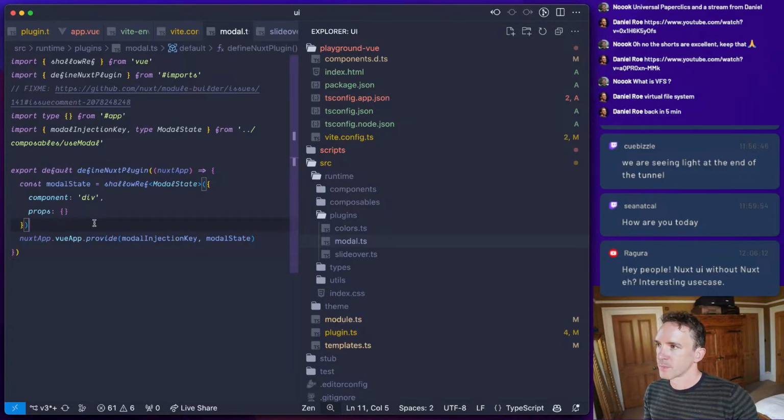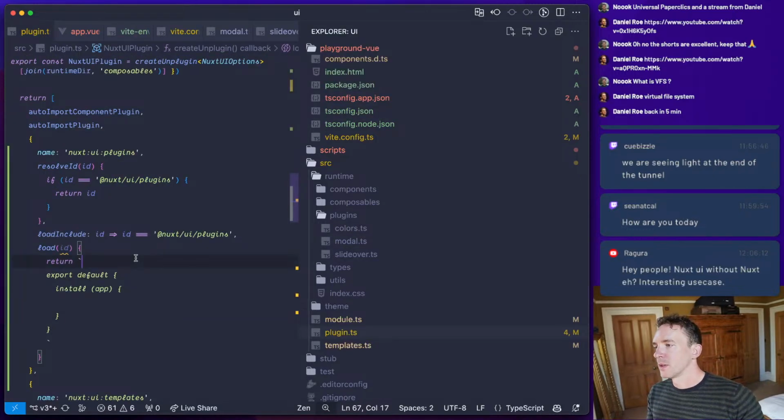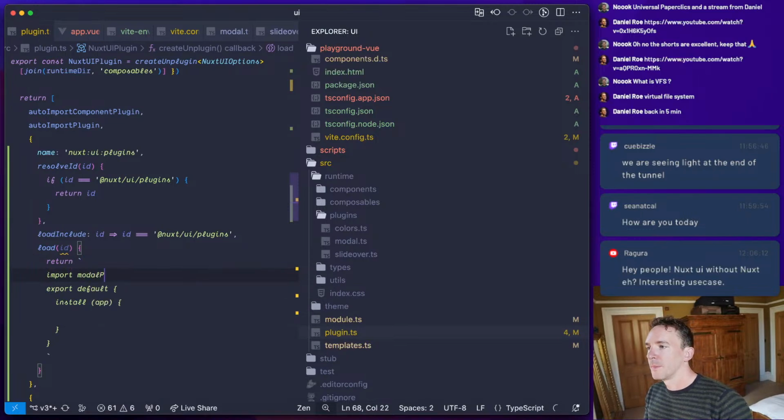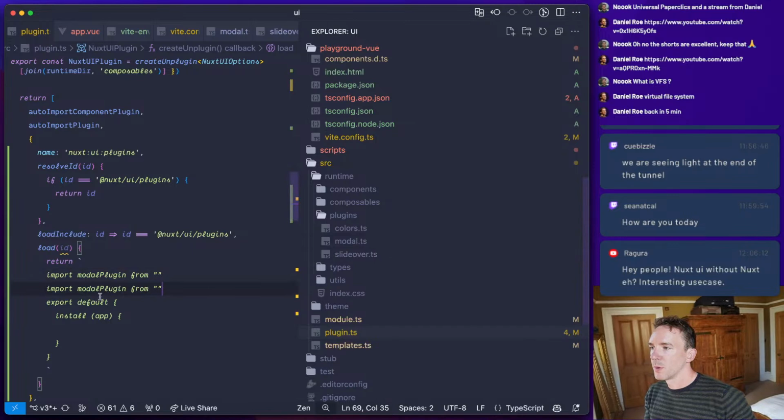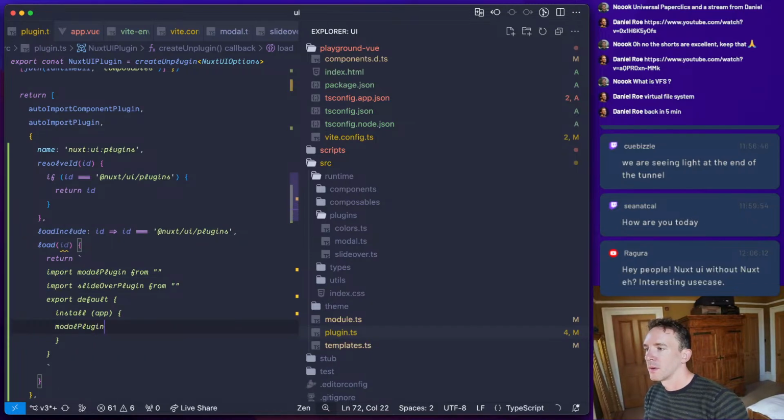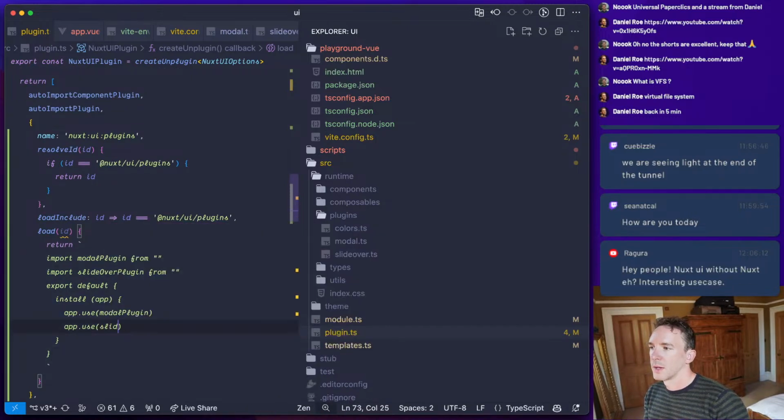So ideally we want to import these plugins and transform them. So we're going to say import modal plugin from modal plugin path and import slide over plugin. And then we're going to basically want to say app use modal plugin, app use slide over plugin.